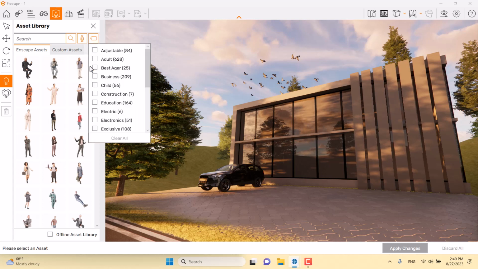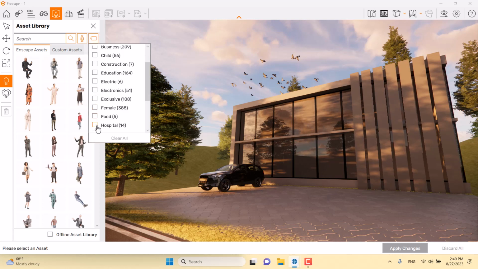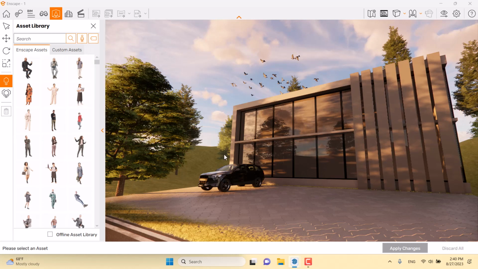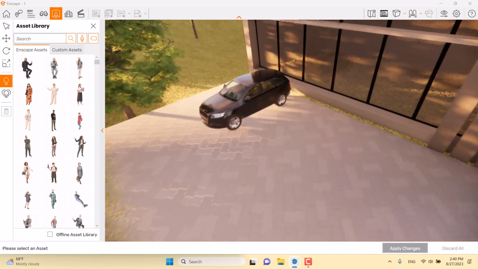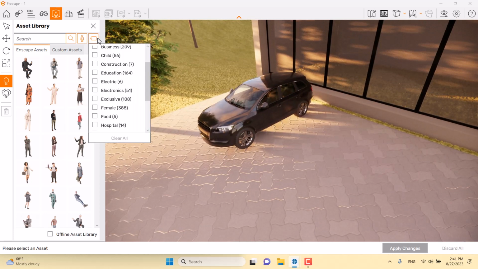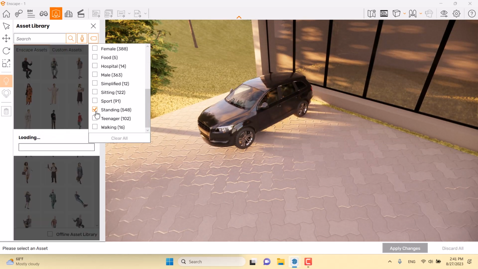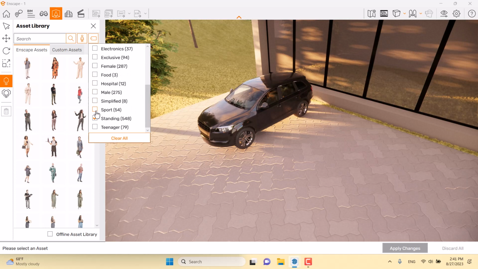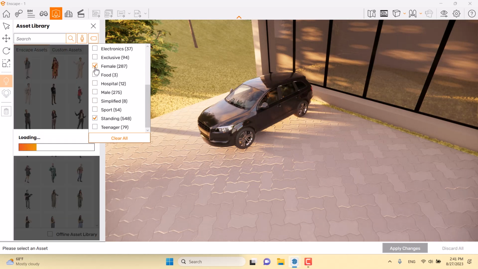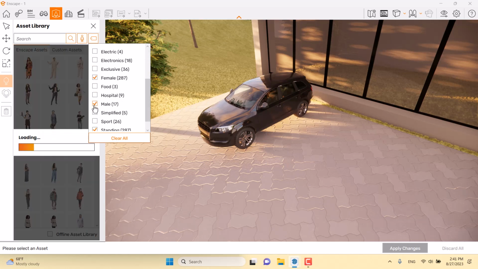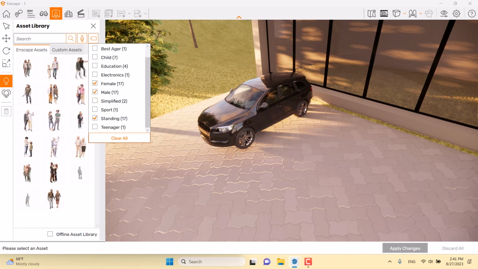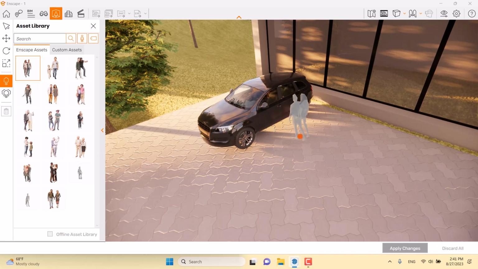I can categorize them like female, male, electric, exclusive, and other types of parts. But I prefer to use one of the simple ones. So I only want to change my job to the standing objects and assets. After that, I want to check it on the female and male in here. Alright. Everything is good for me right now, so I can add one of these double couples in here, like